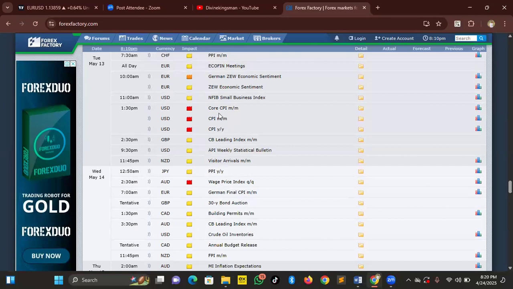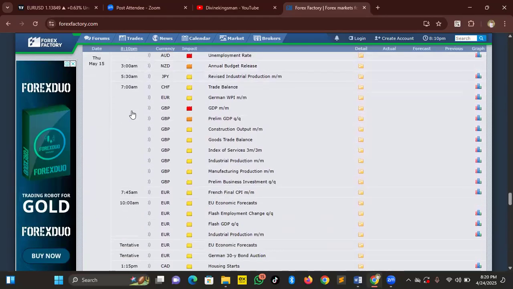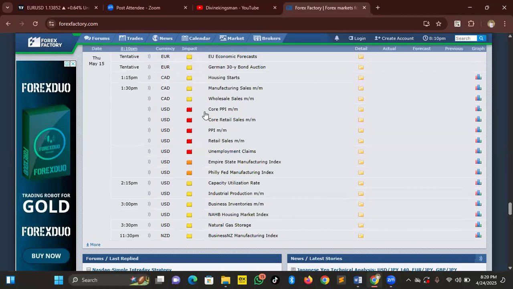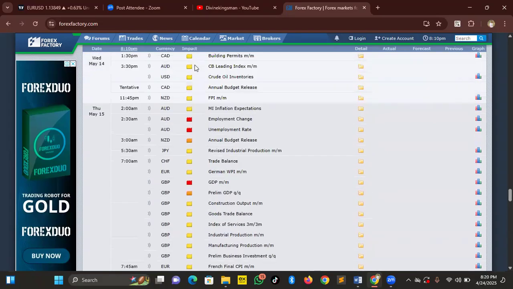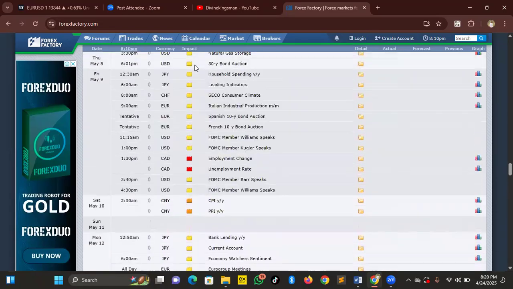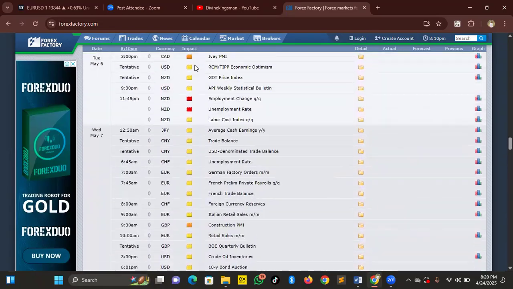So this is CPI. You can see it's also for the US dollar, and this is around 1:30 p.m., usually on Tuesday. But still, as I said, these news happen every month. You can see this is the PPI as well, which I just mentioned. So these are the main news that are really volatile. But after this news, many are not really, they don't have that much effect in the market, as